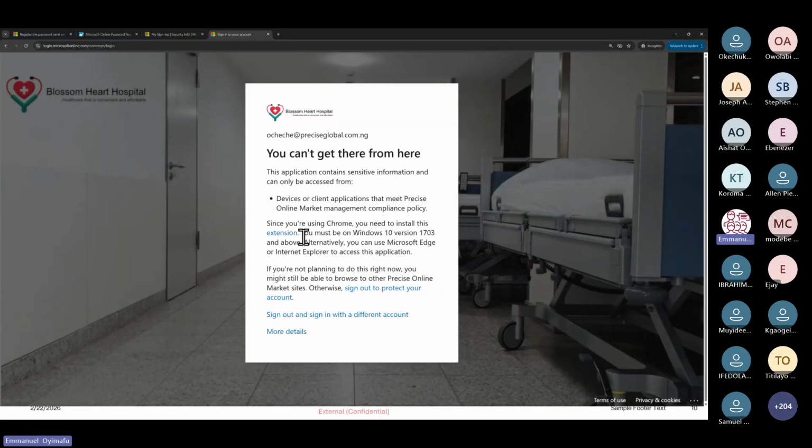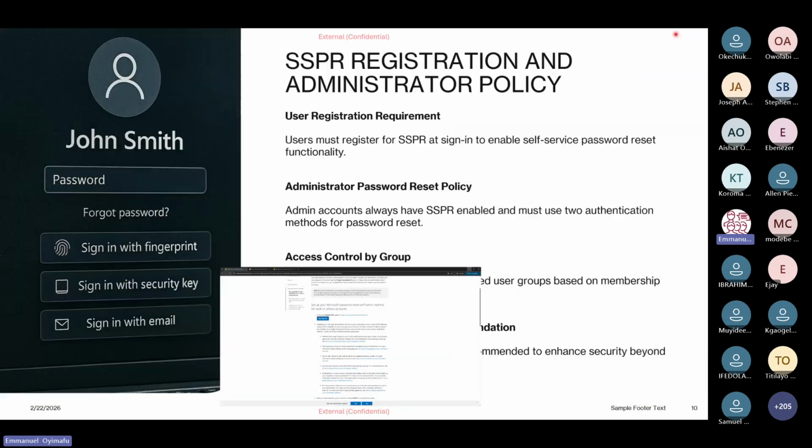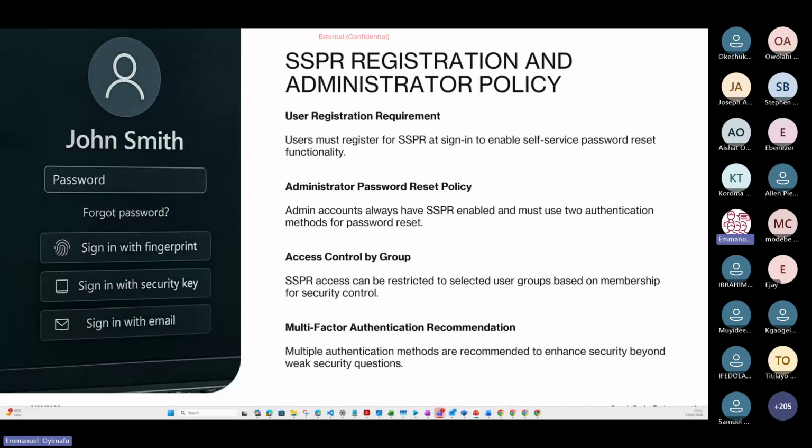So I've been able to sign in with the device. Probably because I'm using a private window or a policy that I've configured in my environment, that's what's preventing this. It's also part of security. So let me close it. Let me register with another user quickly before we go to the next part of the class.